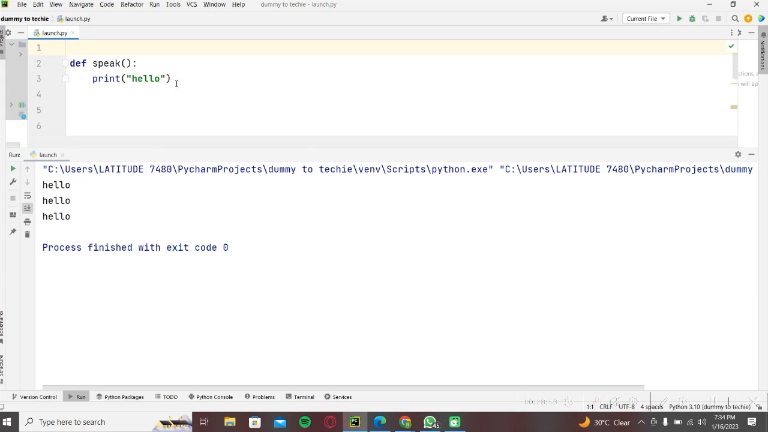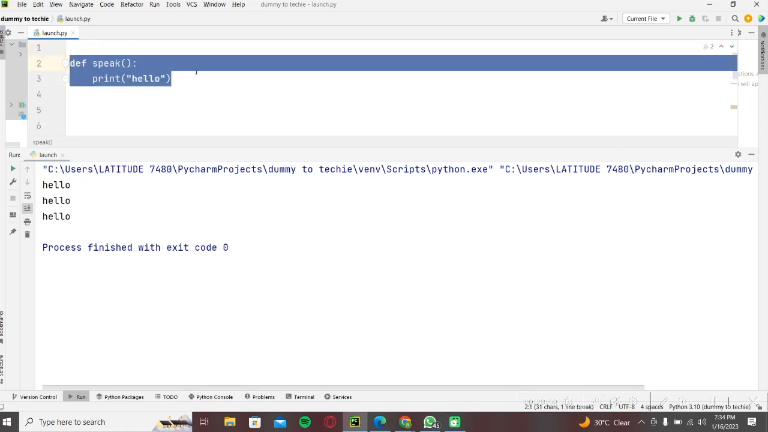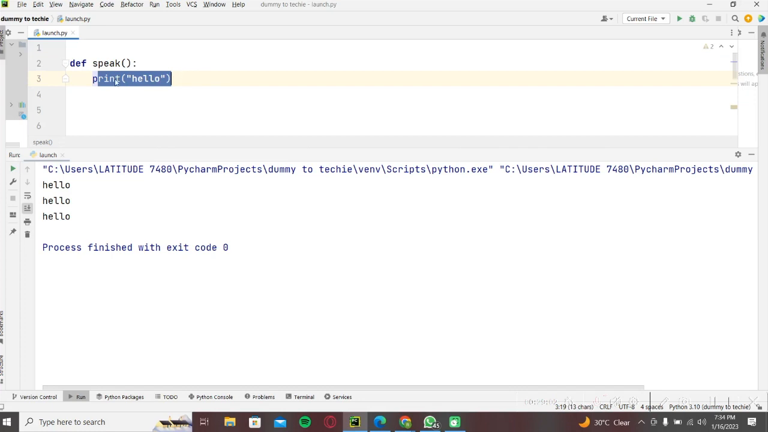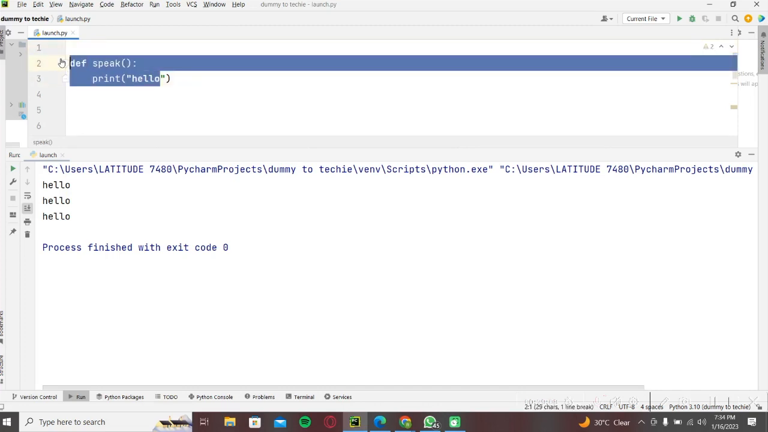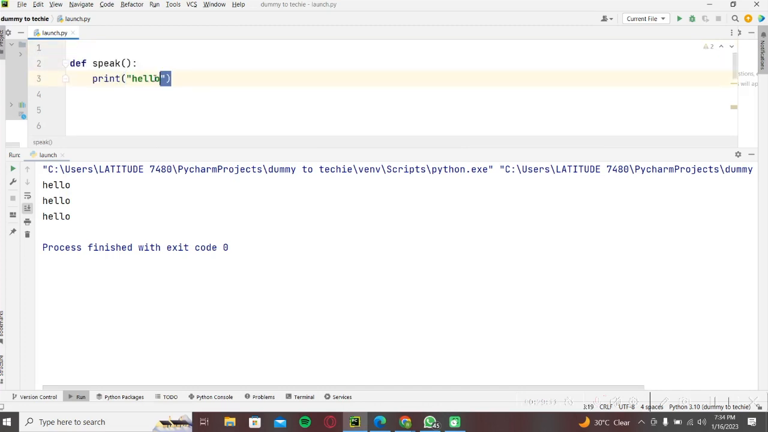So we've started writing our own functions. We've started defining our own functions. But this is still very straightforward and very simple. This is just a function that is printing hello. So let us now create a scenario, because after we've done functions,